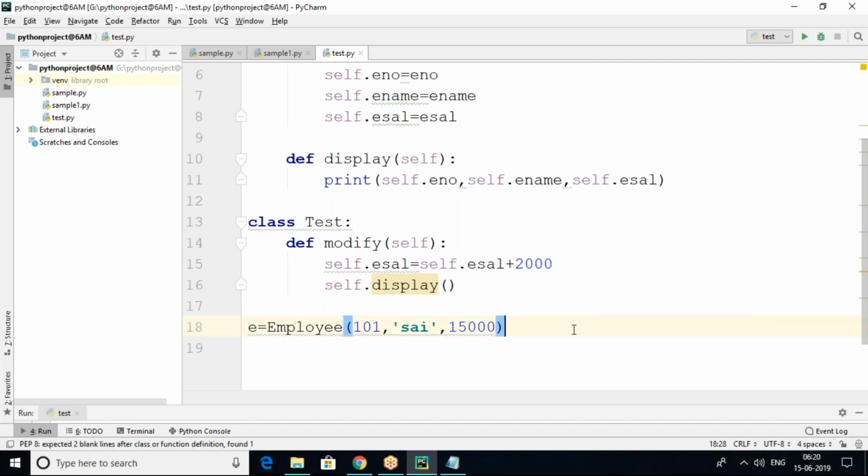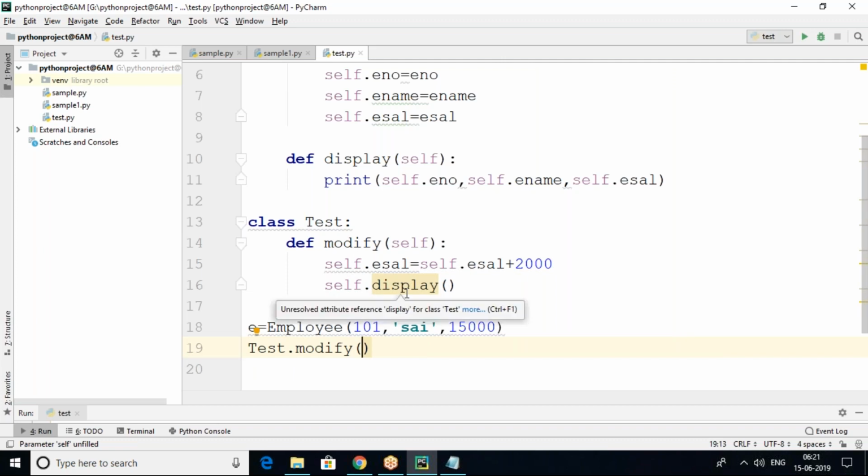Now, how to call the modify method outside of the class? Obviously through the class name we can call it, but the modify method is implemented in which class? The Test class. So Test.modify is a method. When we call the modify method, the modification will be done through esal plus 2000.